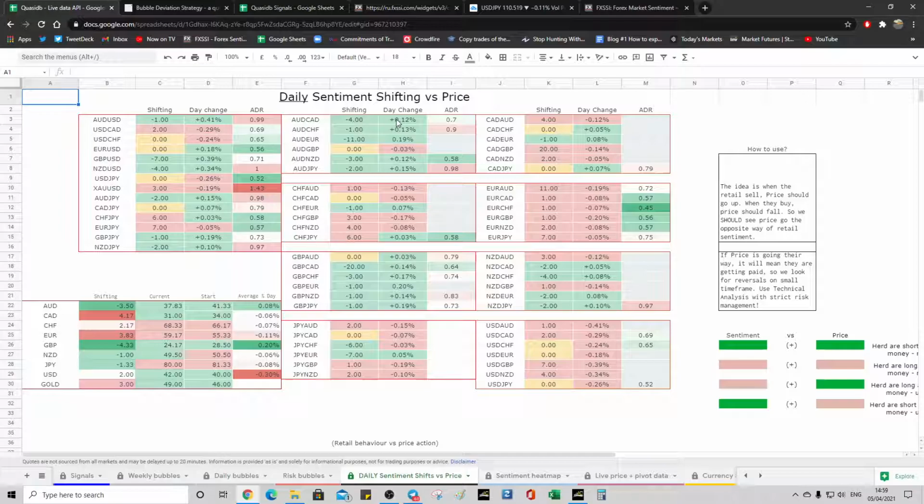Aussie yen, they sold it and price has gone up. And pound Swiss, pound CAD, they sold it in quite a big way. They actually shorted the pound CAD a lot, so that price could be a bit larger. So what you should normally see is green and green would be fine, and red would be fine. That would make sense. What doesn't make sense is when we have